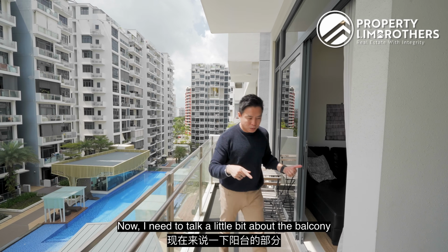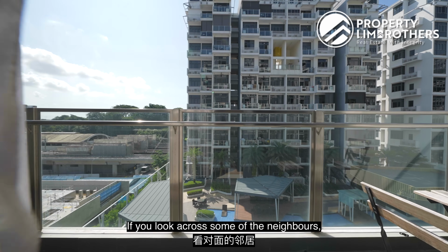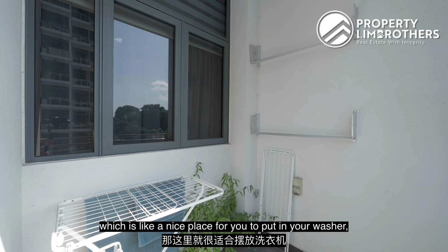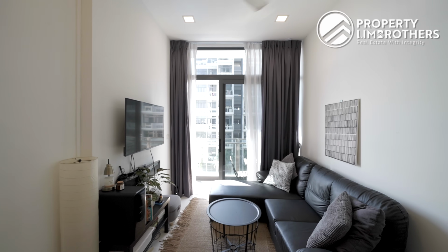Now I need to talk a little bit about the balcony because it is an 850 square feet one. If you look across some of the neighbors, some neighbors can choose to actually put your washing machine right here, which is like a nice place for you to put in your washer, even your dryer as well. Water point is already here. And as you head in,